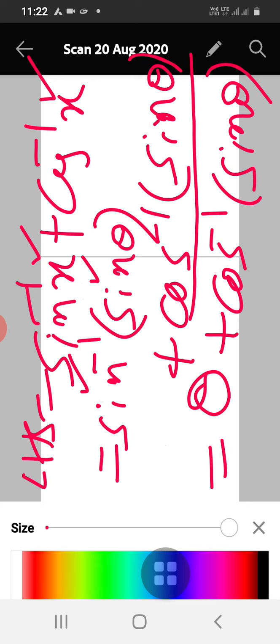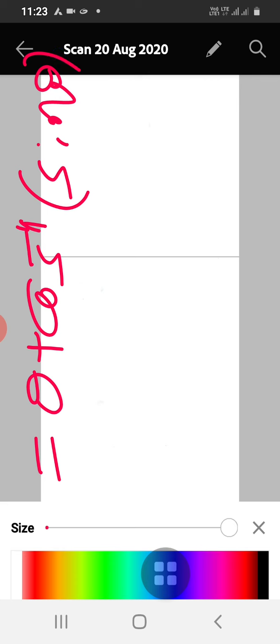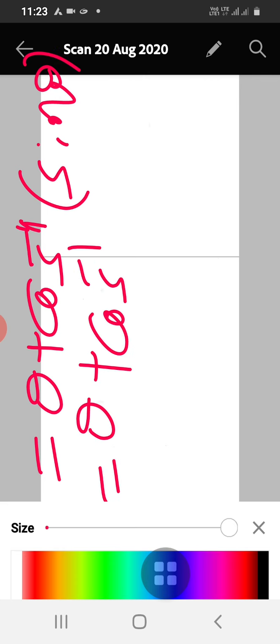Okay, this I cannot write as theta because here sin and cos are different. These two are different, therefore I cannot write it as theta. This one is sin inverse of sin theta, which means I can write this as theta. Okay, I will consider this in the next step here. So I will write the same step once again. What I got was theta plus cos inverse of sin theta.